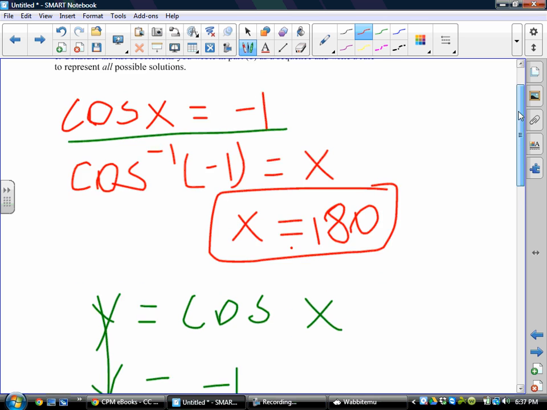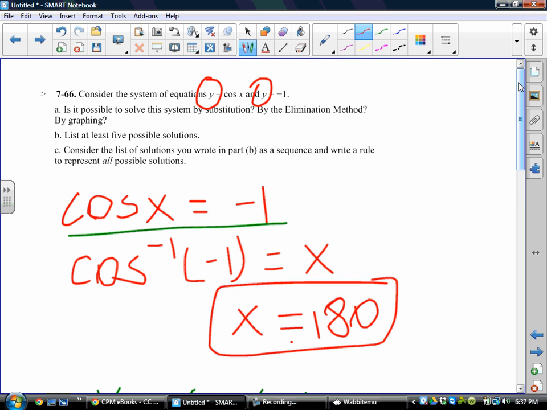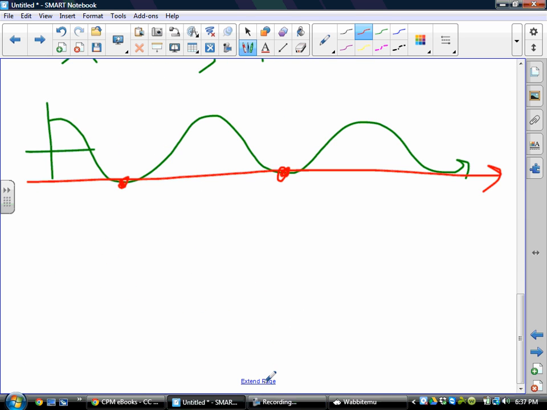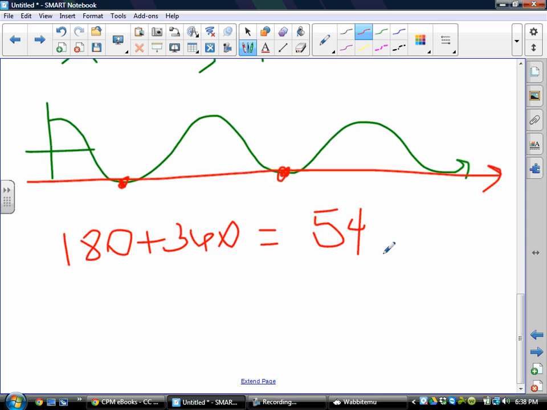It says, list at least 5 possible solutions. So we know one solution is obviously 180. We got that several times. But now I'm going to think about my cycle continuing. If I take 180 and I add a cycle to it, which is 360 degrees, now I have a possible answer, 540 degrees. That's another solution. If I take that and add another cycle to that, 360,